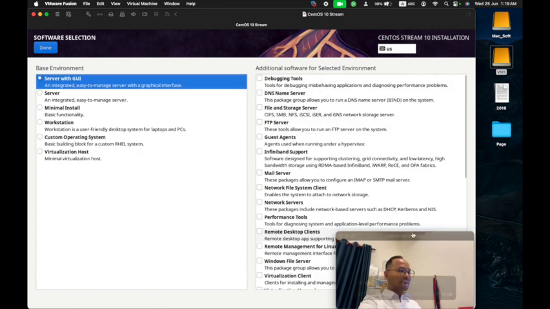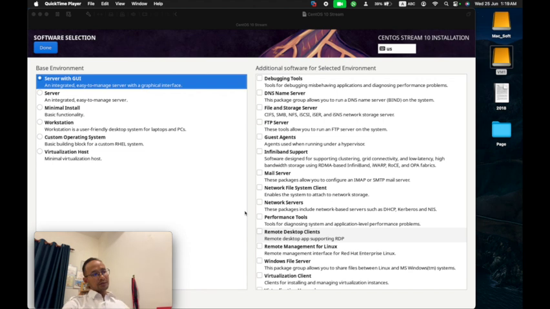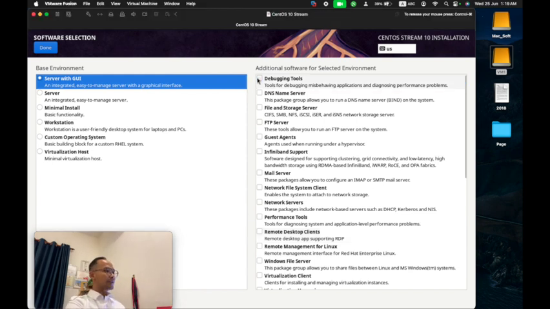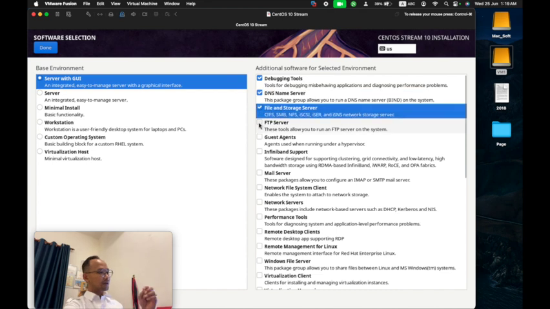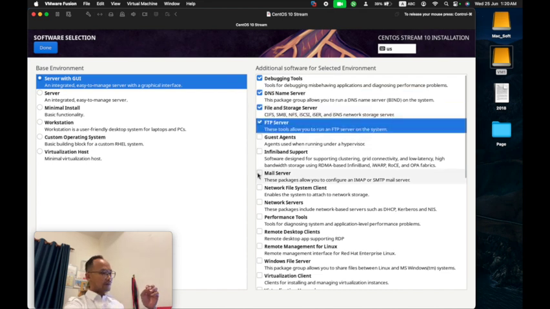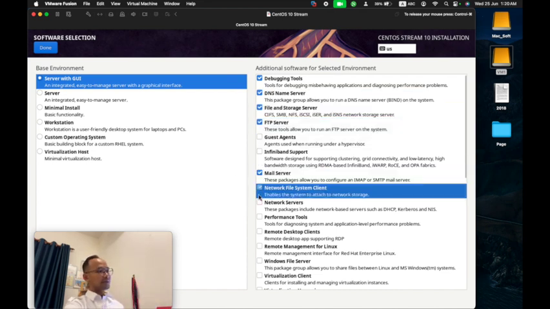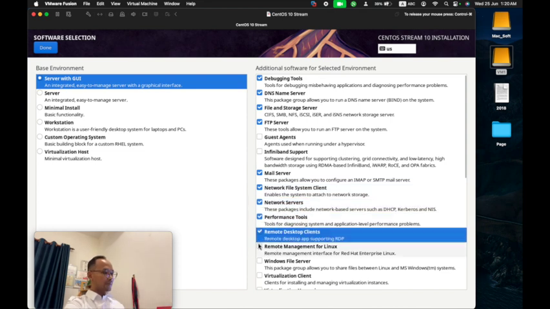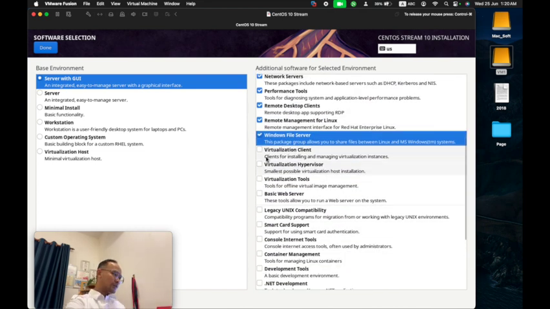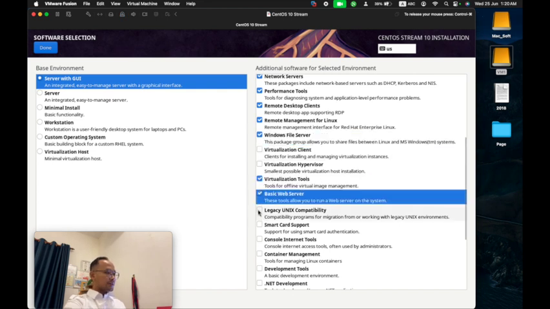You see, the first is the root. Root partition is the partition that stores all information of the user and the configuration files of our server. The second is the boot partition. Boot partition is the partition that stores the system boot files. The third partition we call swap. Swap is the virtual memory. And the last one, which is the change in the latest version, we call BIOS boot.